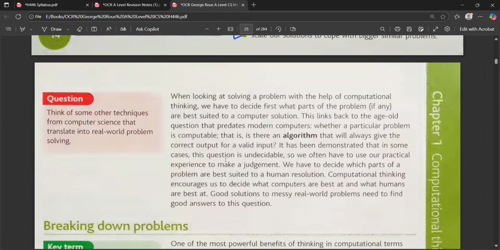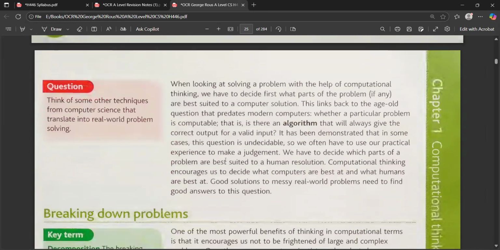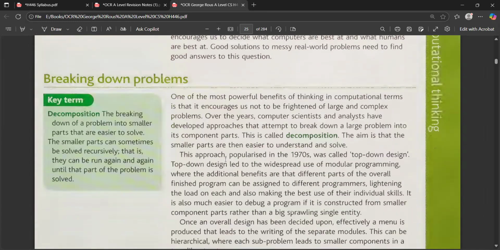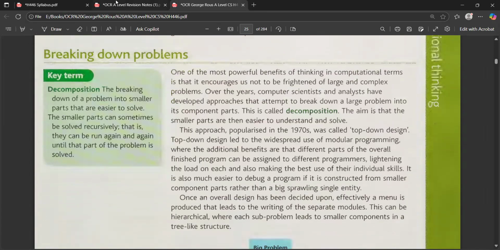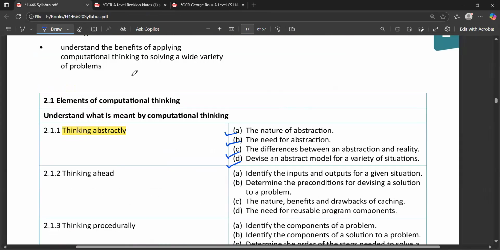So when we look at solving a problem with the help of computational thinking, we have to decide what part of the problem has to be solved first. This is going to link back to the idea that a computer works with an algorithm, so you need to format that and do that. So in the part of computational thinking, the first area is that you need to